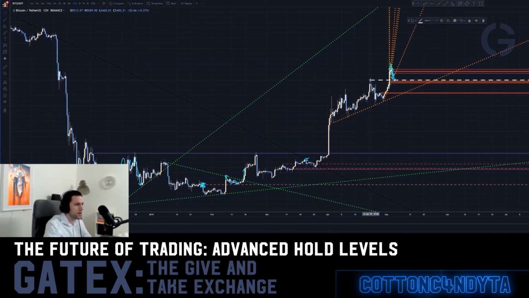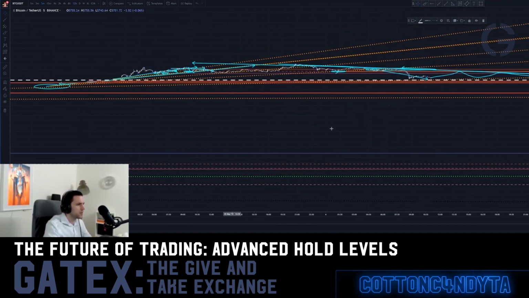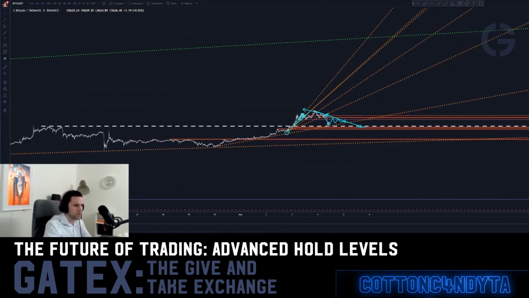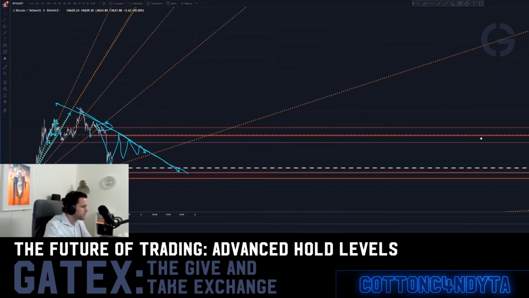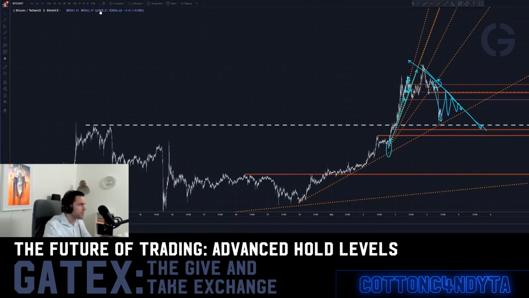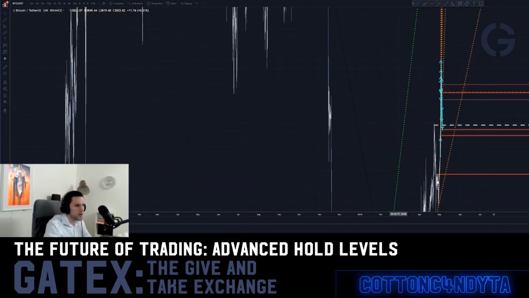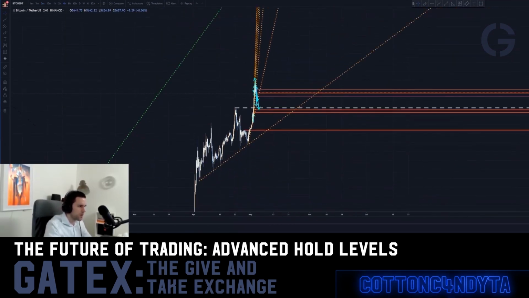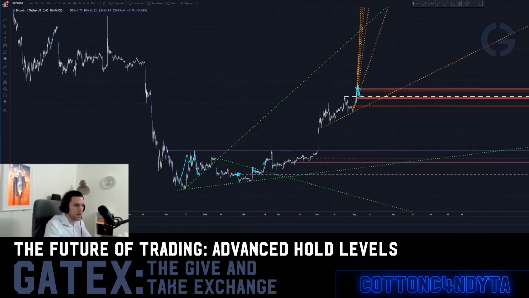So you could actually pull this back to here, go to the current, and see that you're now holding a much more significant level, because it's the same level, right? But you're just holding it on the smaller time frame. But this is also a larger time frame hold against the local trend, right? There's more going on here than just hold and break levels. That's why I say